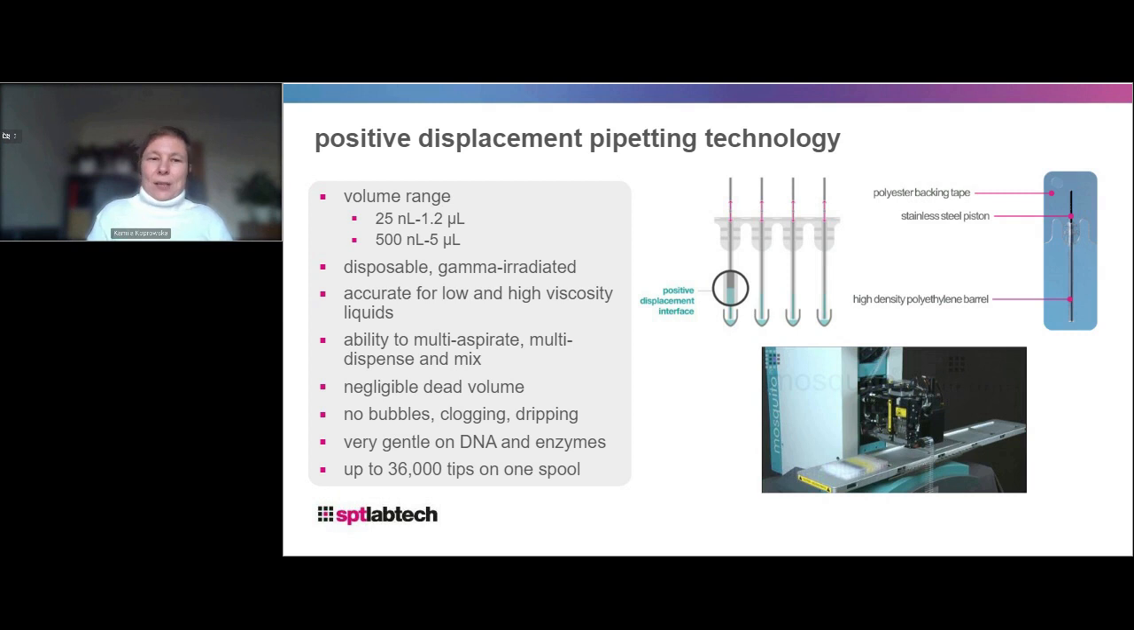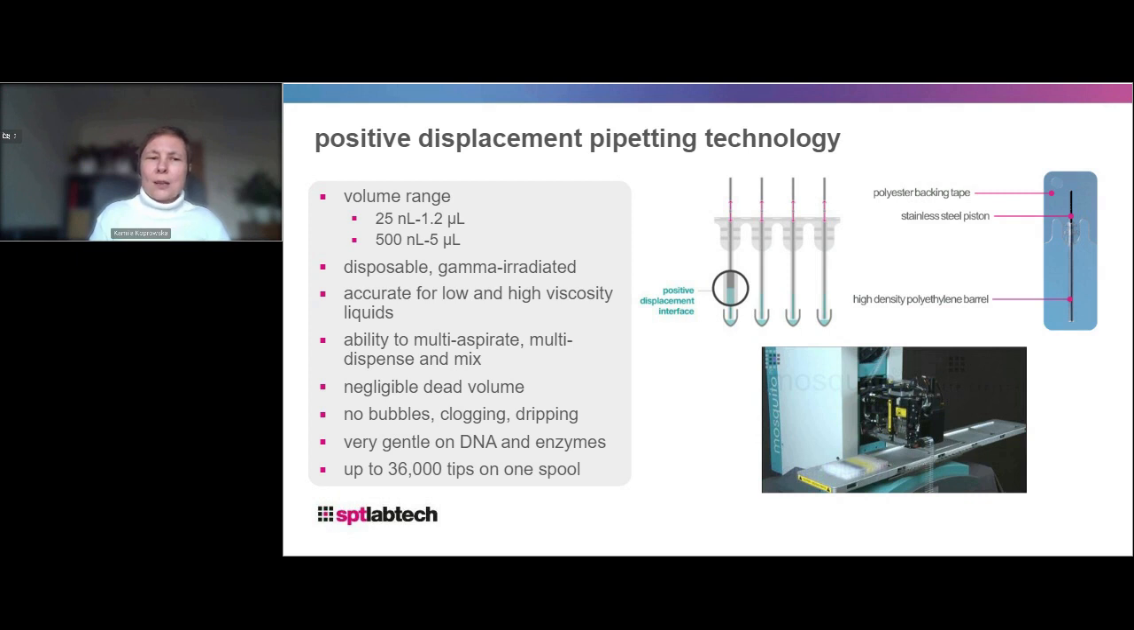Mosquito is a pipetter. You can imagine Mosquito as automated, low-volume, manual pipetting. It has the ability to multi-aspirate, multi-dispense, and to mix. The dead volume, both in the source wells and in the tips, is negligible, so you don't need extra reagents in your reservoirs. There is no air in the system, so there are no bubbles, no clogging,